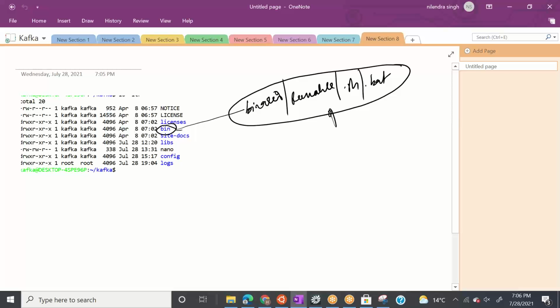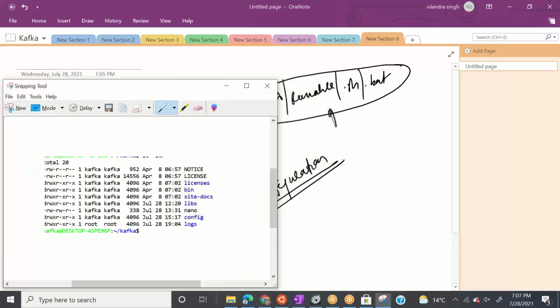This is the most important directory. The second important directory is config. Config means configuration. Configuration means on which port I need to run my Kafka, where I need to store my logs, where I need to store my Zookeeper, what my Zookeeper port is, different kinds of stuff, right?